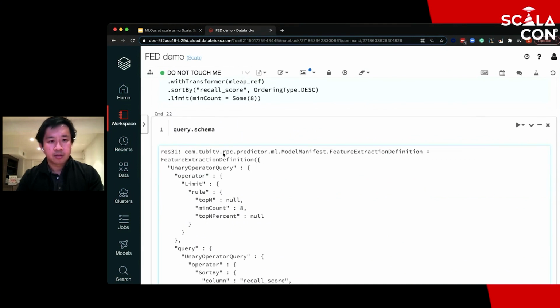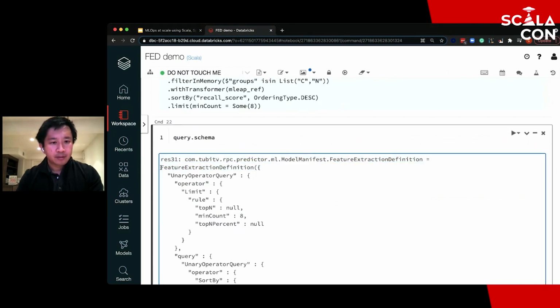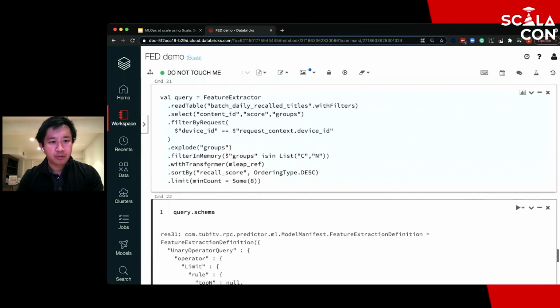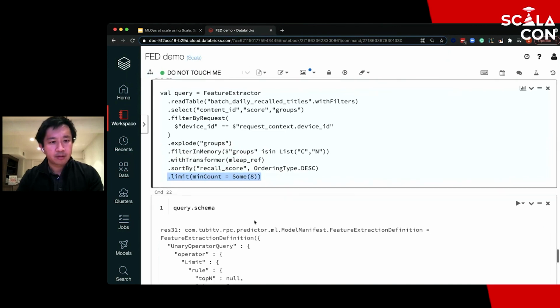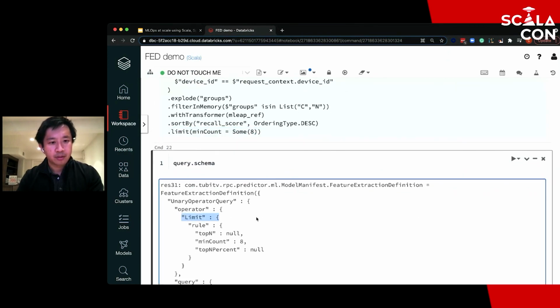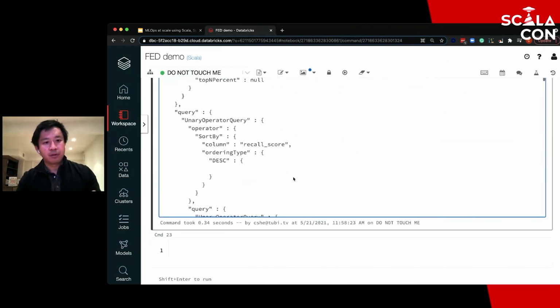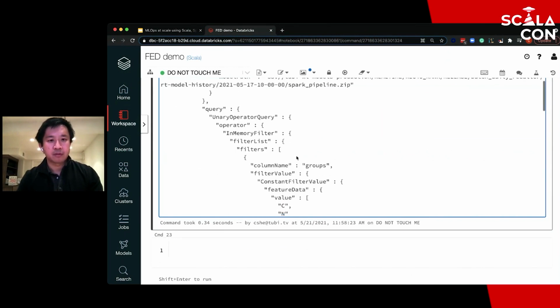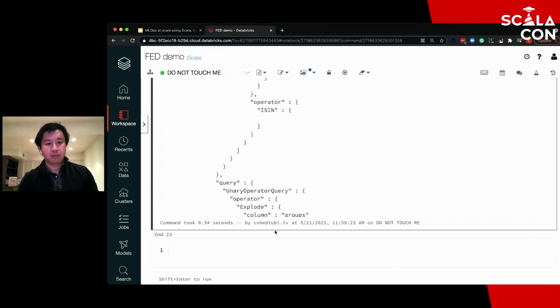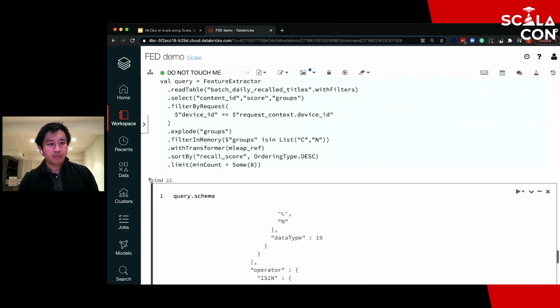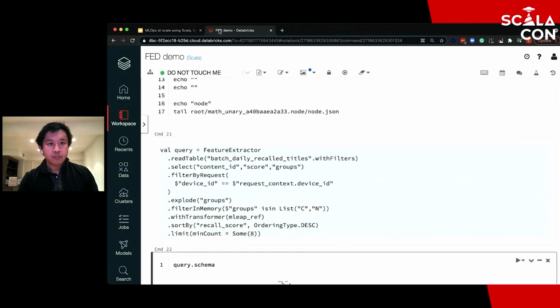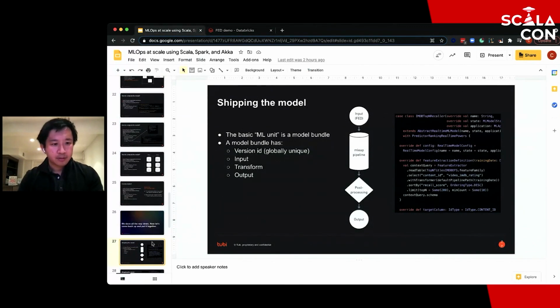It's serialized into protobuf, and it's essentially a tree representation of how we break down this query. You've got the limit as the last operation, so the root node here is the limit, and then it's sort by and the pipeline. You can walk through this and convince yourself that this is a tree representation of this query. And that's how we ship the model and the transformations to the online context.